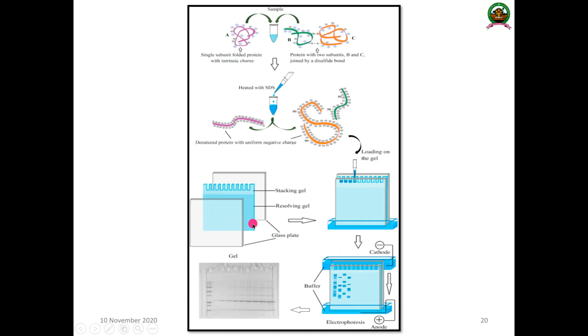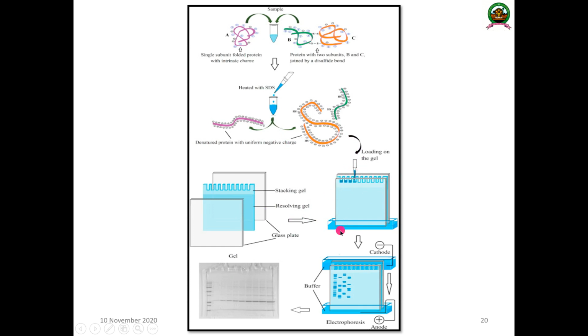And the second one is known as a resolving gel or separating gel. One is the stacking gel, where you need to add the sample. I told you, when you are mixing with the dye, it will migrate as a blue color, and it will travel from top to bottom. Then the glass plate, you will keep it here, and this will be placed in a buffer solution. Then you will add the sample in these wells, number 1, number 2, number 3,